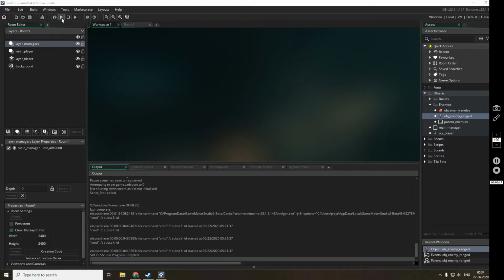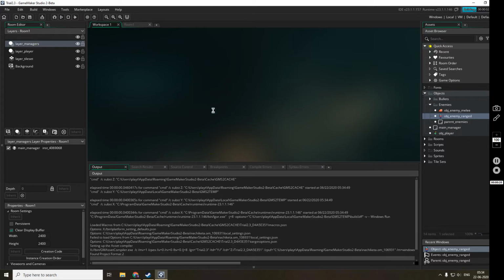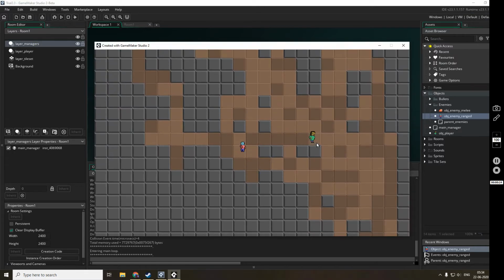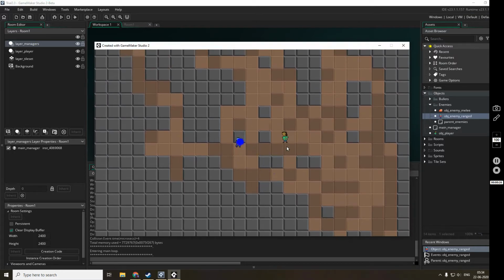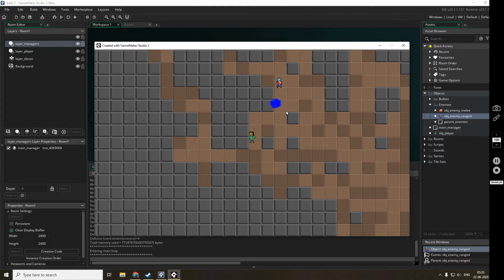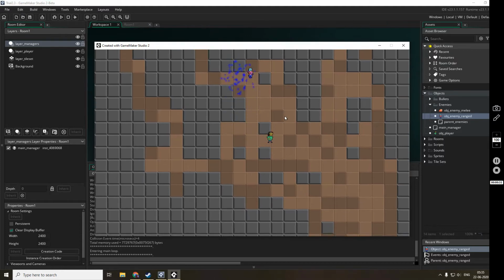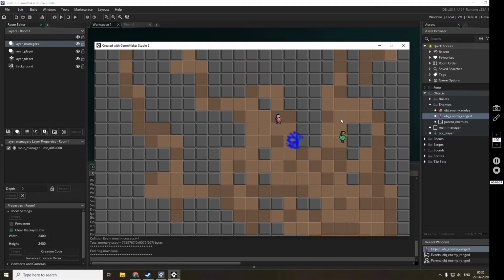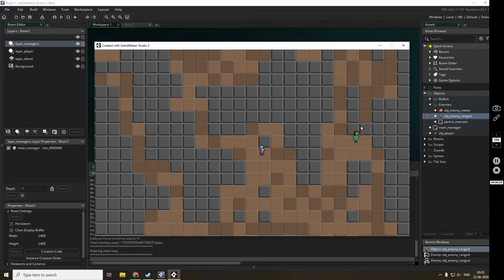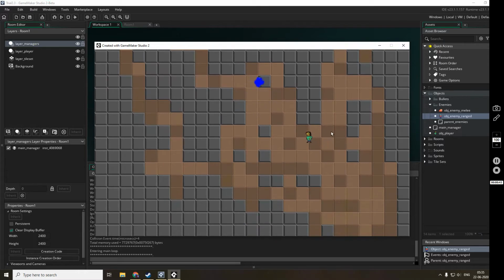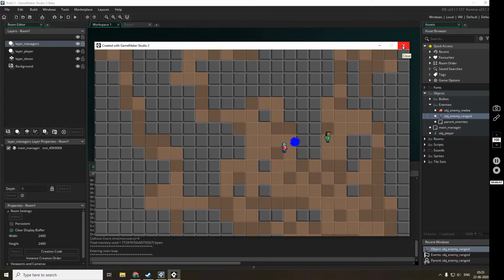As of now, this is the state of the game in which the player can move. It animates based on its movement. The enemy can move and shoot at the player, and it randomly moves. If you want to see anything about how I coded this, you can go into my previous videos of this series. We'll go further from here.